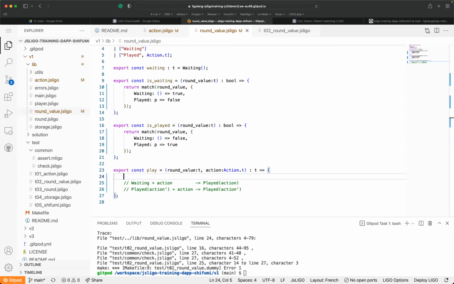One important thing I didn't mention here, we need the export keyword in order to manage the visibility. If you don't add the export here, you cannot use the play action outside. It's private to the package. Same for the type, of course.